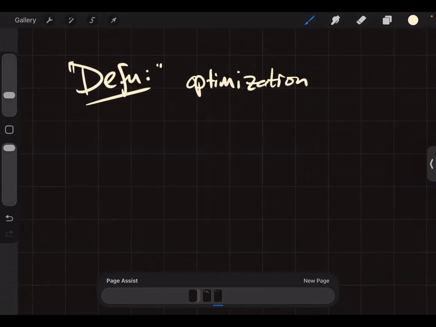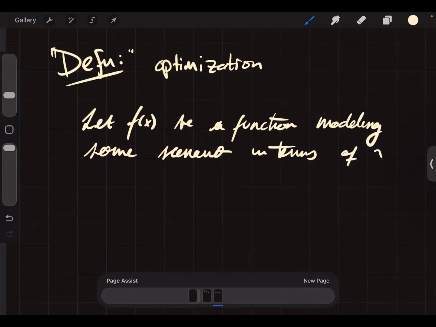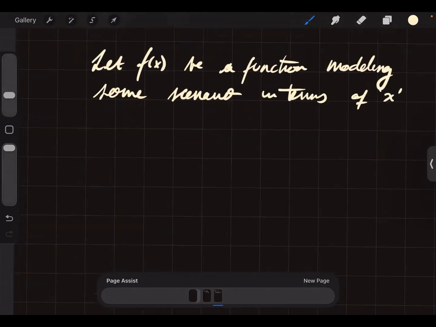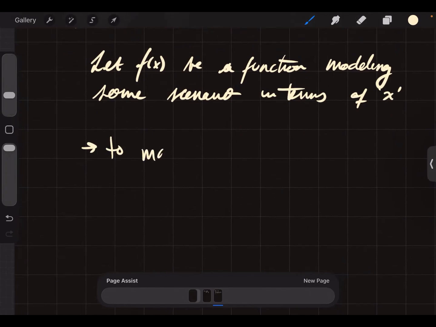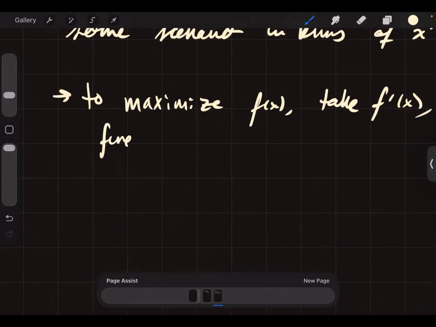Okay. Let f of x be a function modeling some scenario in terms of x, right? To maximize f of x, take f prime x, find critical values, and